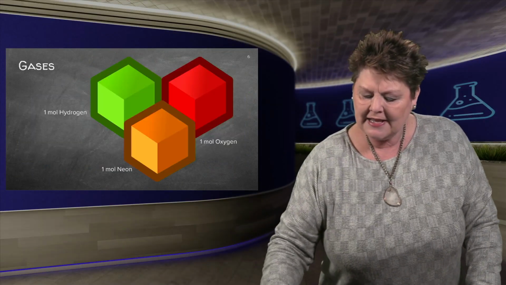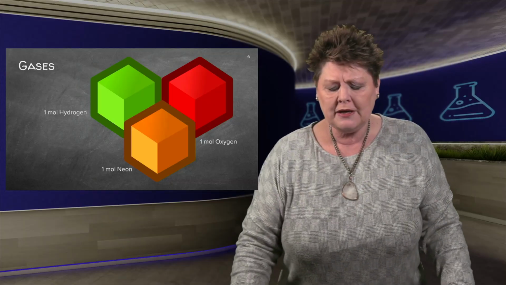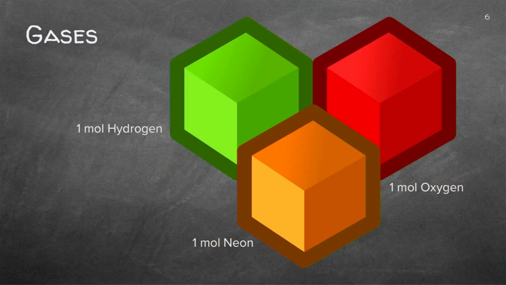Right, let's have a cubic presentation here of 1 mole of hydrogen. So what do I know what 1 mole will be? Well, we've got it in our equation. 1 mole will be 22.4 cubic decimeter. That will be the volume of 1 mole, and that's on your information sheet.